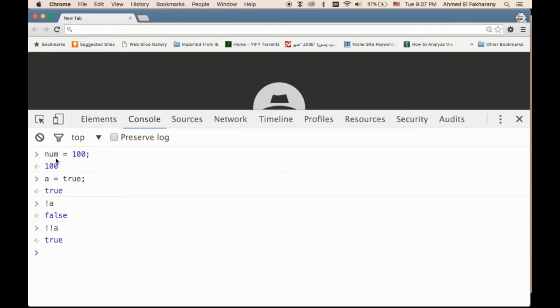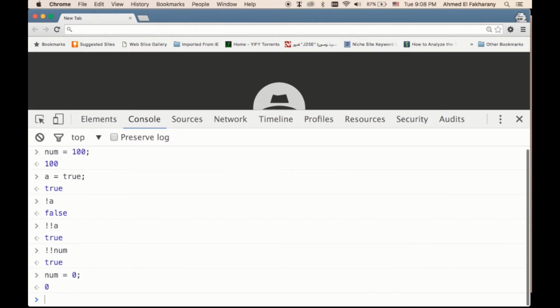So here I have num equals 100. I want to know the Boolean value of this variable, so I'll just use my expression, exclamation mark, exclamation mark, num. Num is true. Why? Because it has 100. Okay, and why is 100 true? Because anything that has a number in JavaScript is true except 0. So if the number is 0,